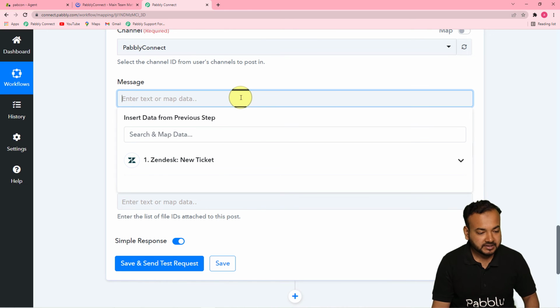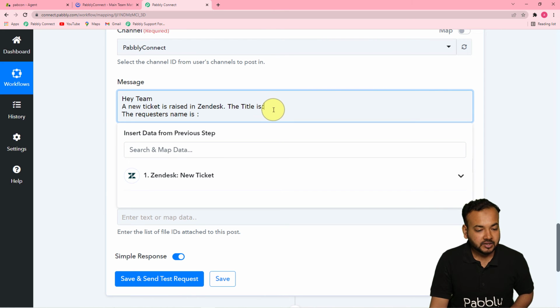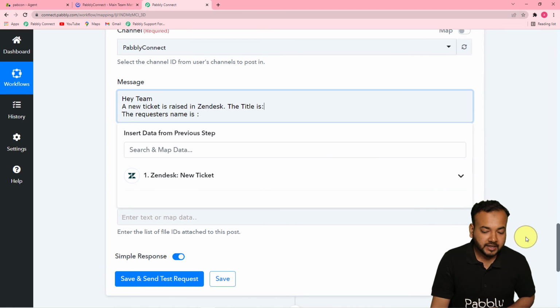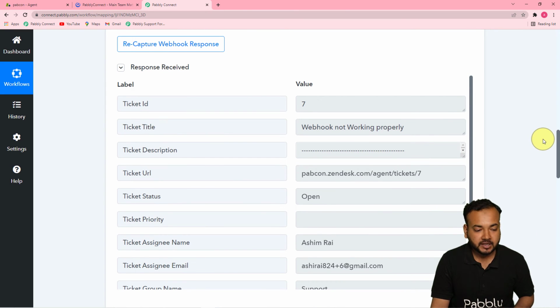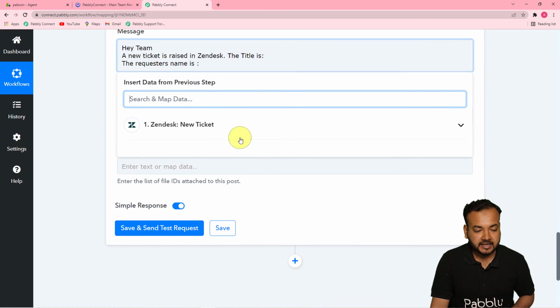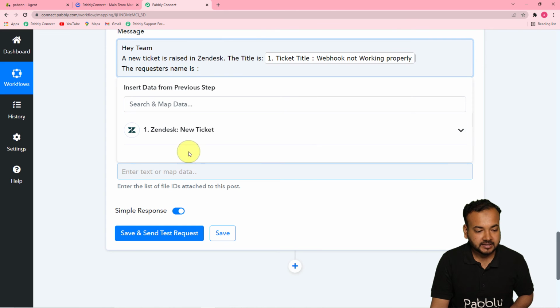So let me type the message here. So I have typed this message, a short message for my team: a new ticket is raised in Zendesk, and the title is, and here I'm going to click, and you will find this Zendesk new ticket option in the drop down. And when you click here, you will find the data that you received here in the first tab. Okay, so when you click here on this Zendesk new ticket option, you will find the data here, and from here I'm going to map this ticket title like this, and the requester name is, and here I'm going to